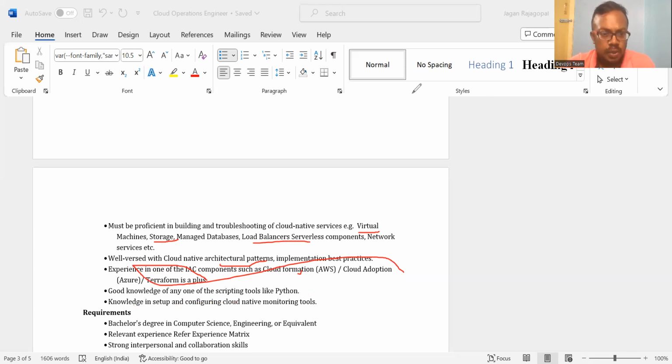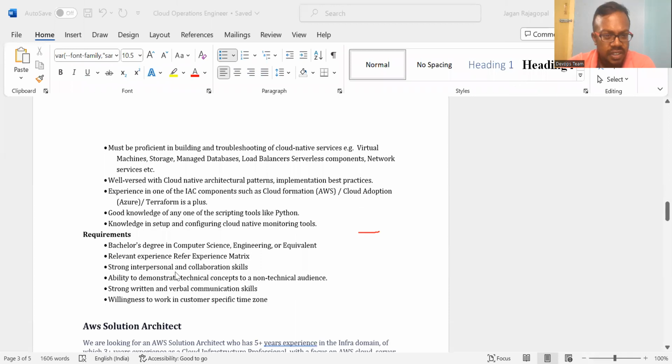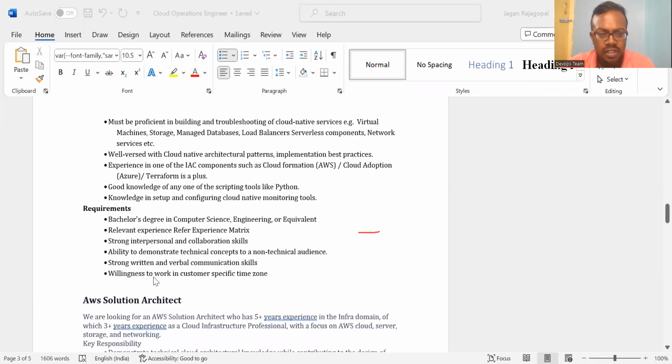Now let me go to the other part. They are asking you to collaborate, and if customers are in a different region, you have to work with them. Overall, you are not working as an architect, you are working as an engineer, provisioning the existing infrastructure.